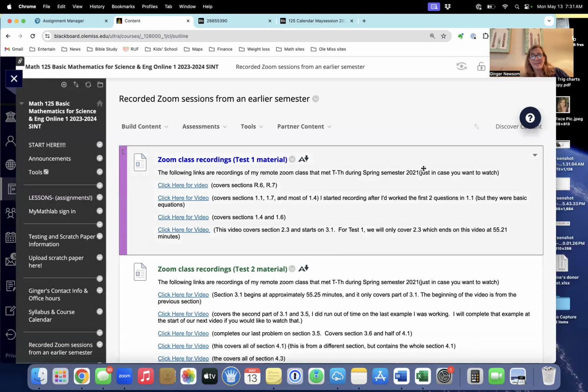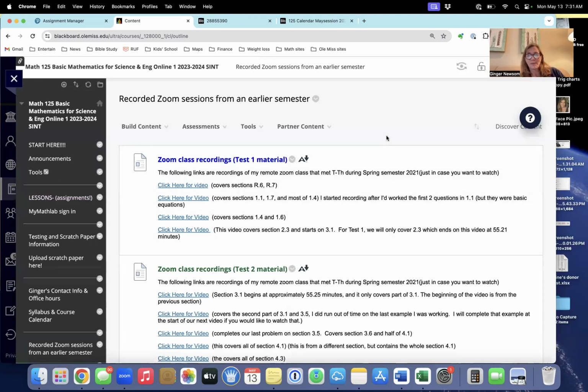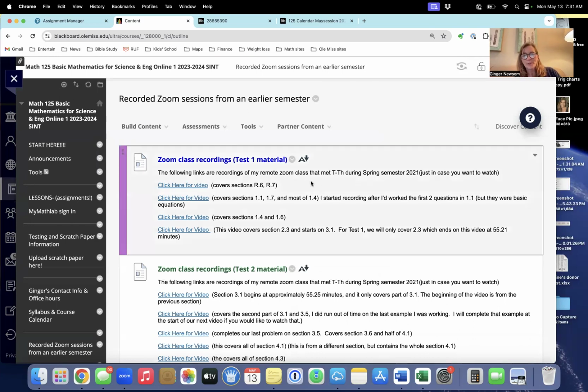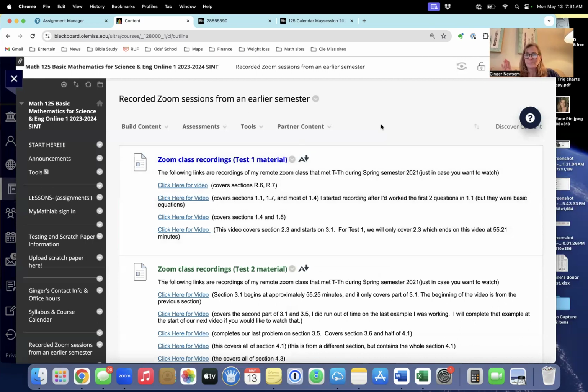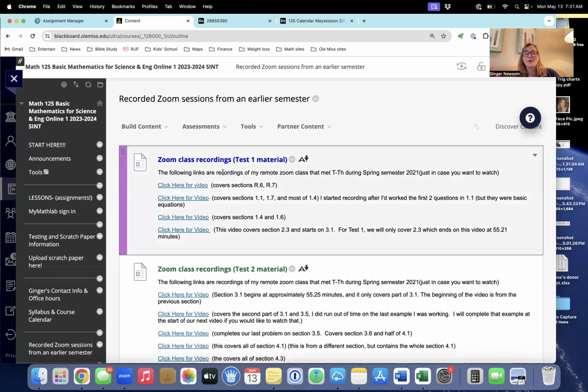I have these posted. These were Zoom sessions that I recorded back in COVID. Okay, so it's been, oh gosh, 3 years. It was in the spring of '21 when we were teaching everything. We weren't in class, so we had to teach on Zoom. So I recorded it. So these are definitely out of date because when I recorded it, it was spring semester and I was talking to the class like it was my spring class. But the material is all the same.